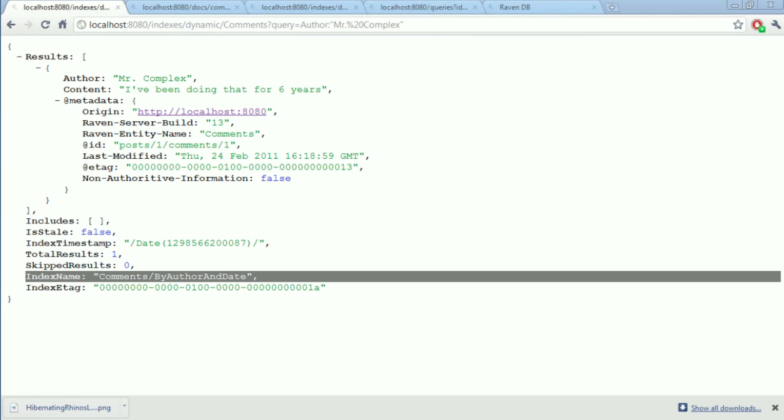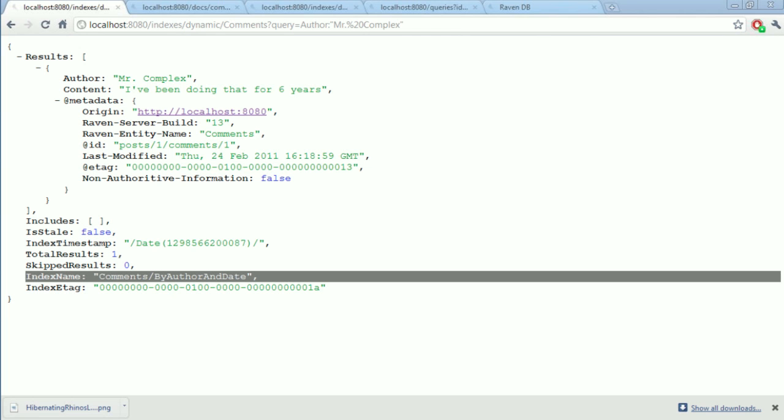What are some strategies for working with data replication and data duplication, for example, in an SOA where pieces of data are shared among multiple services? Okay, RavenDB supports replication out-of-the-box, so you can literally just say, okay, I want this database to be replicated to this second database.